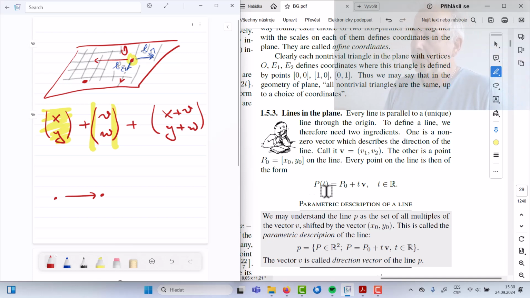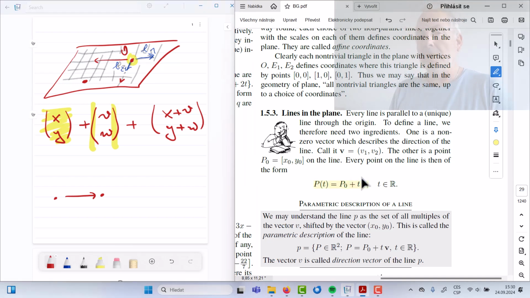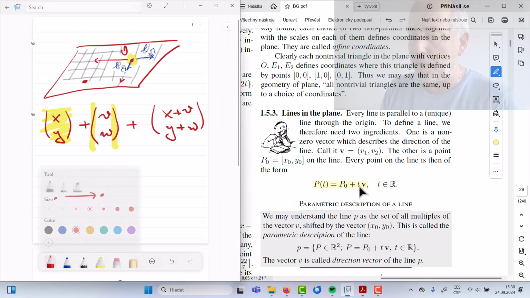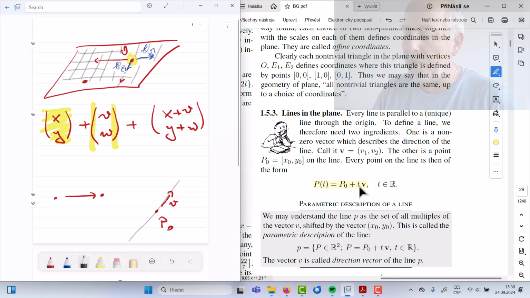And things like a line are then given in an easy way, because I fix the point, which is a point on the line first, and I fix the direction vector, and then I parameterize it with the real parameters. So I add all the multiples of the one vector, right? So if it was here, I would just have the point P0 here, I would have the V, and then I would have the entire line through, because that's obtained by adding all the multiples of V